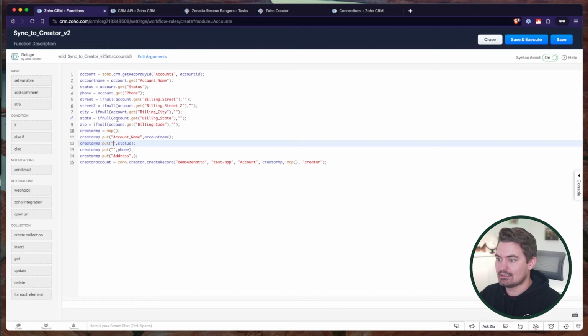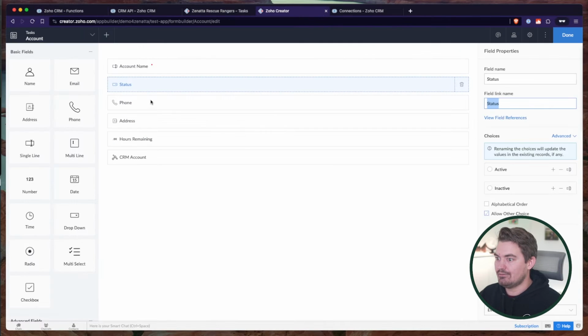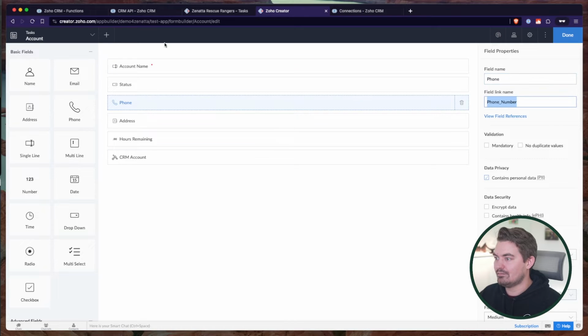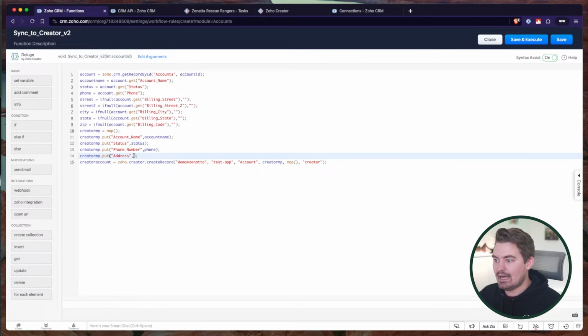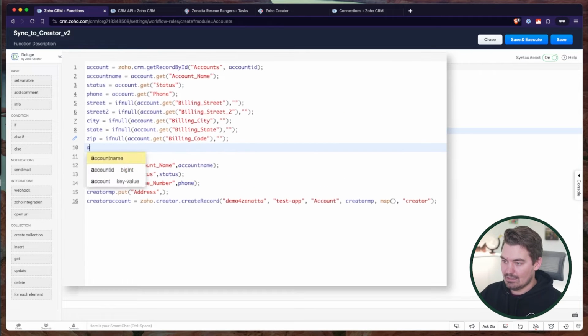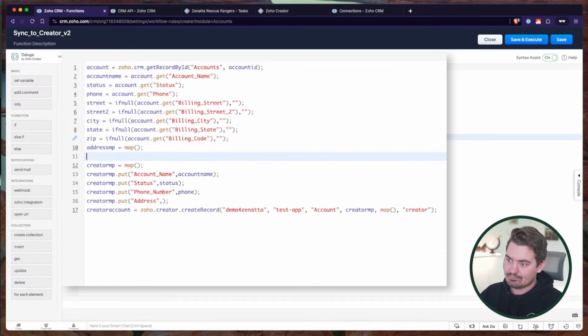So we have status and phone number. You can see phone does not match the link name. The link name is actually phone number, so we need phone number here. Now address, like I said, is a sub map. And so we want to create another map, address MP equals map, and our address map